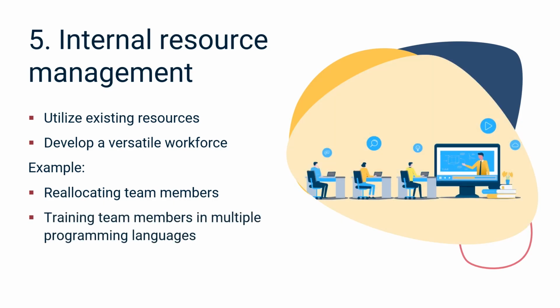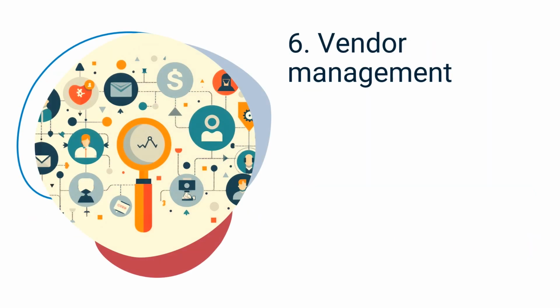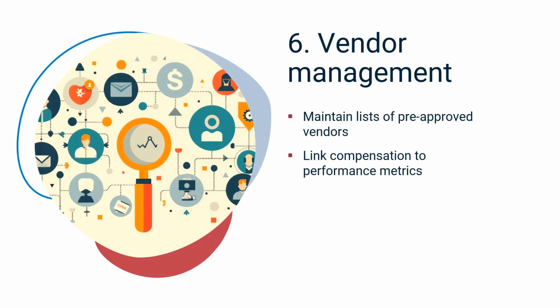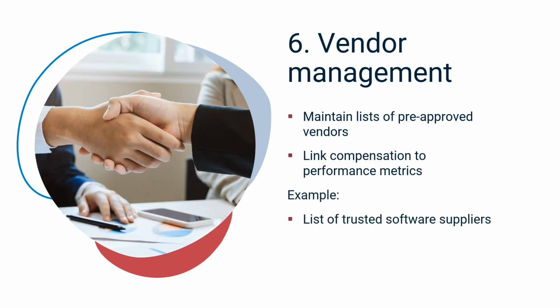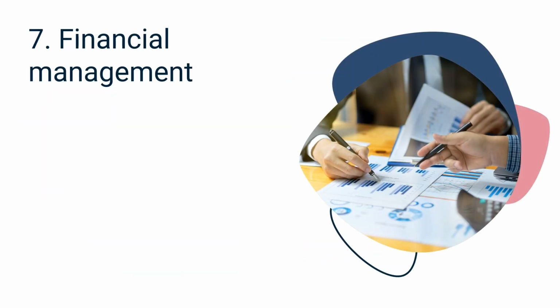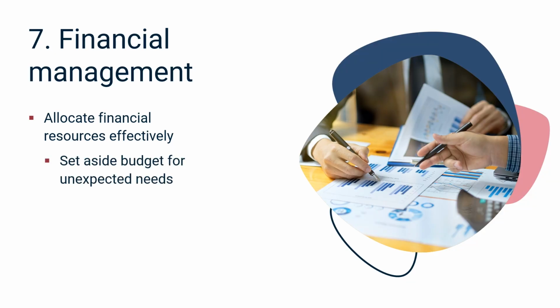languages. The next method, vendor management, includes maintaining lists of pre-approved vendors and linking compensation to performance metrics. For example, a list of trusted software suppliers could be created and paid based on successful delivery. Lastly, financial management allocates financial resources effectively, setting aside a budget for unexpected needs and evaluating procurement options for cost-effective